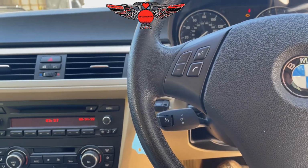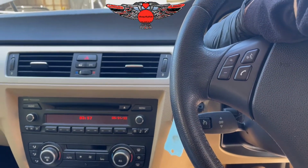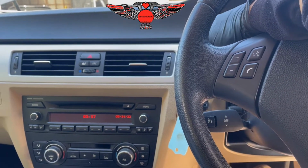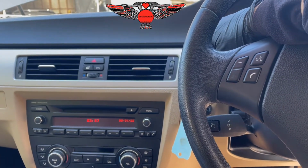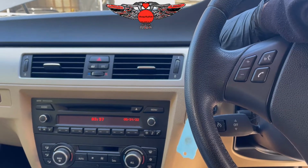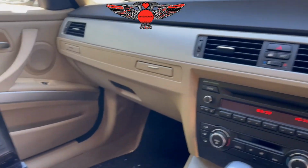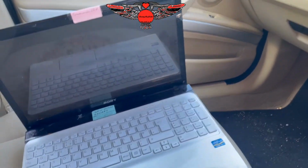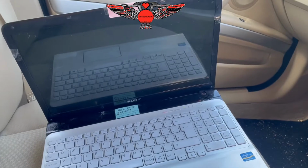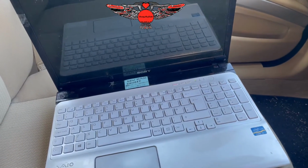launch OBD reader, I have a fault code saying that there's an issue with the purge valve. So the valve that is connected to the fuel tank and recirculating the fuel tank fumes. It's just saying that it's a malfunction. So I'm gonna use my computer here. I'm gonna check the fault codes via the